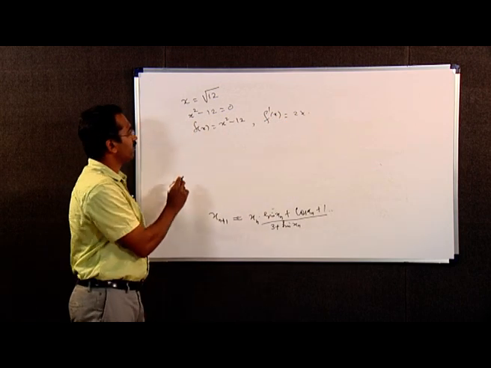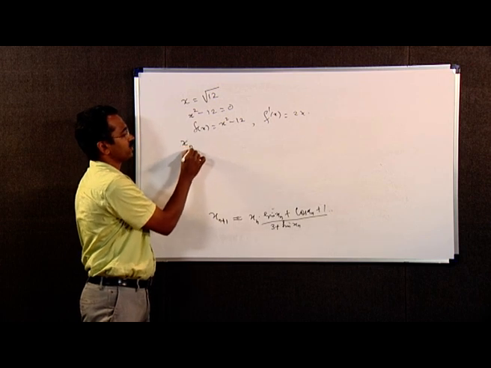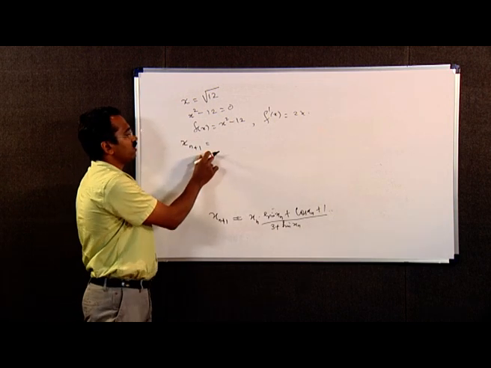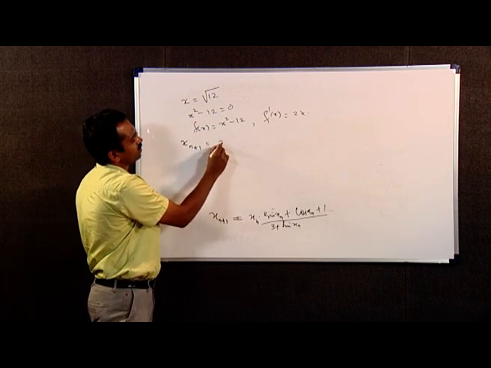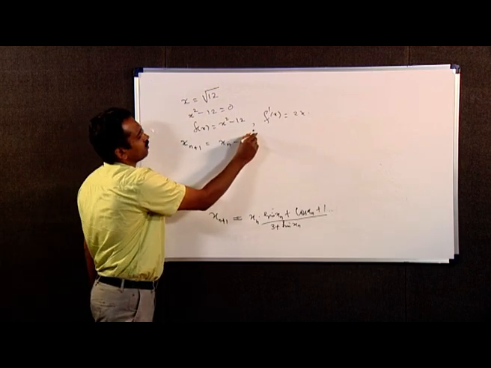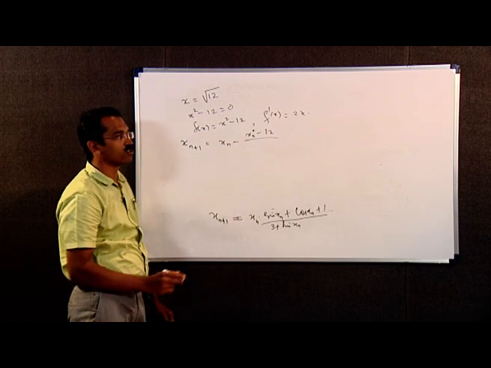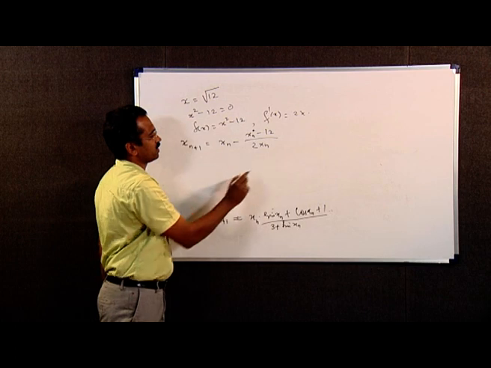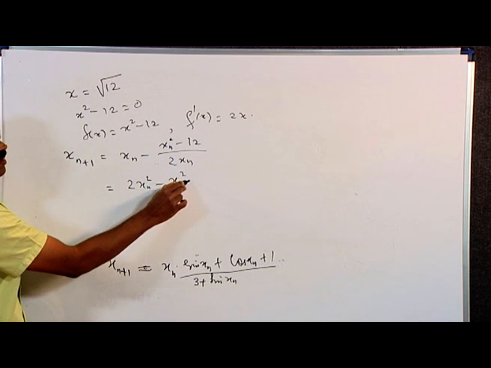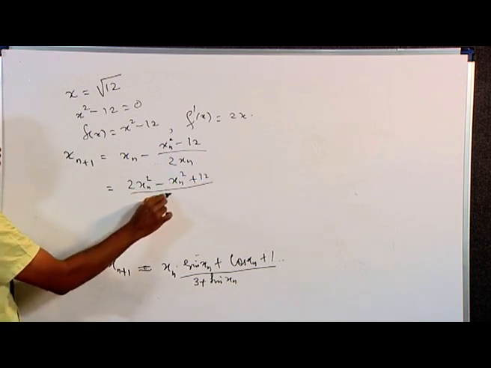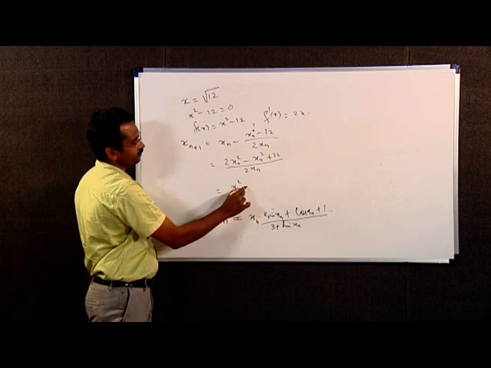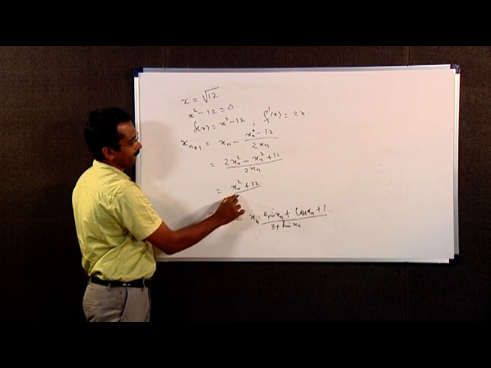Then by using the iterative formula for Newton-Raphson method, we can write x n plus 1 is equal to x n minus f of x n. F of x n is x n square minus 12 divided by f dash of x n, that is 2 x n, which is equal to 2 x n square minus x n square plus 12 all divided by 2 x n, that is equal to x n square plus 12 divided by 2 x n,